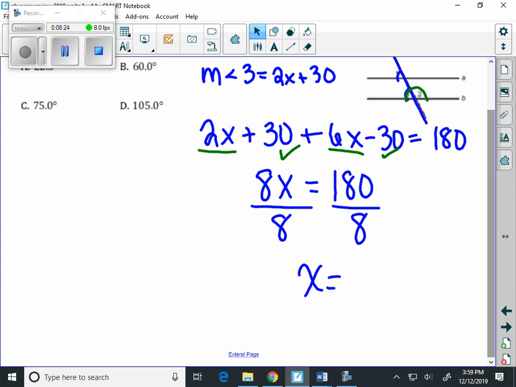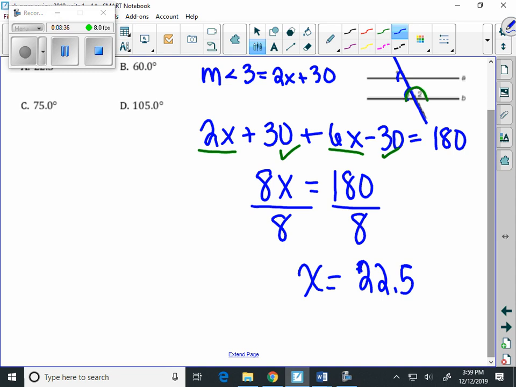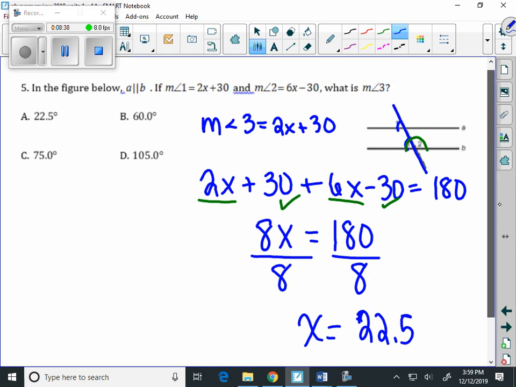use Desmos, use your calculator. I don't have my calculator open at this point, but if we take 180 and we divide it by 8, we end up with 22.5, and sure enough,